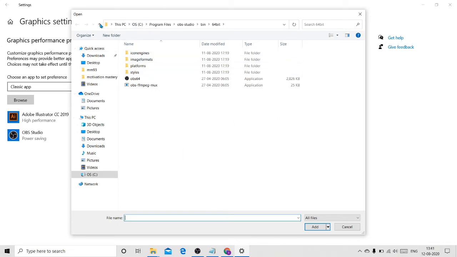This is the path of OBS Studio in a default PC. If yours is present somewhere else, you have to locate it. You have to click on This PC, OS, Program Files, OBS Studio, bin, 64-bit, and you will find this obs64. You have to single click on that and add it.